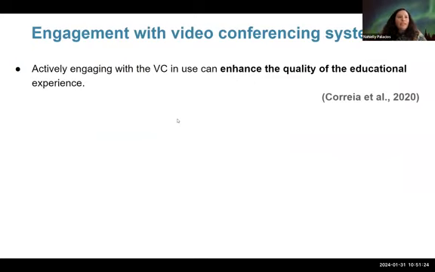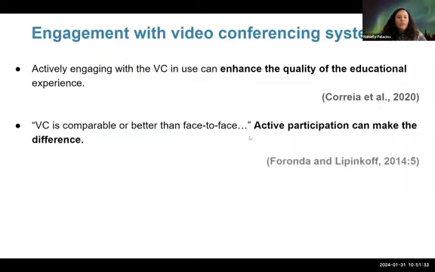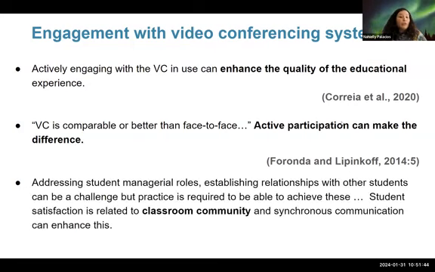And we have some phrases here. We have Correa et al. that talk about how, through the use of video conferencing tools, using your camera and all, they enhance the quality of the educational experience. It does make a difference, having that idea of treating the online classroom as if you were in face-to-face, usual, normal, typical communication as well. We've talked about classroom community and establishing relationships with each other in this course. Next,